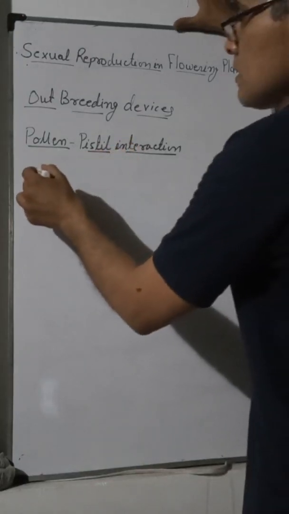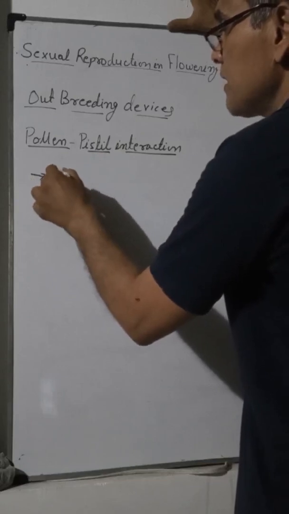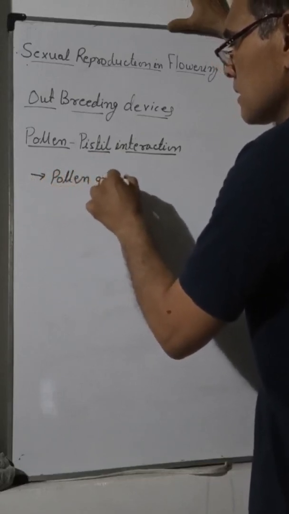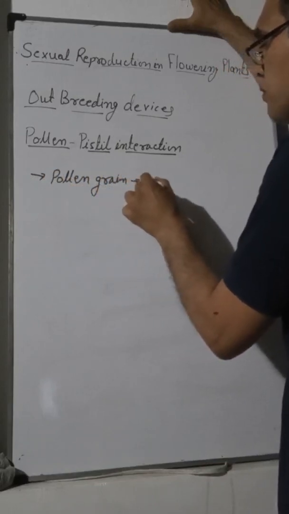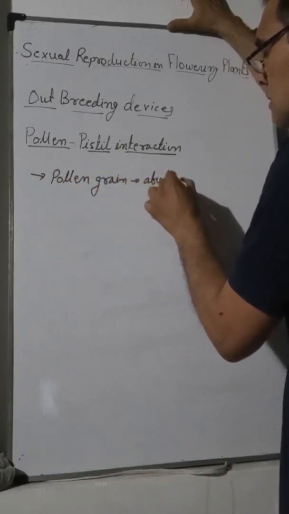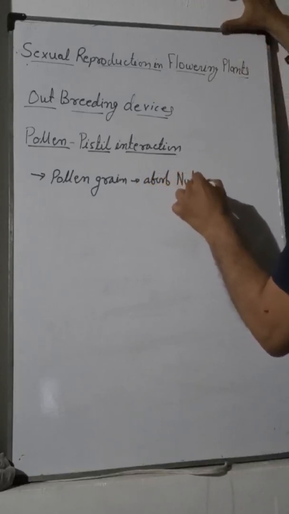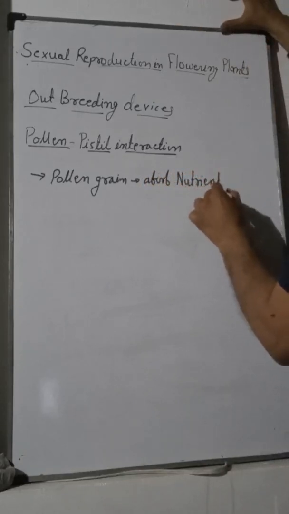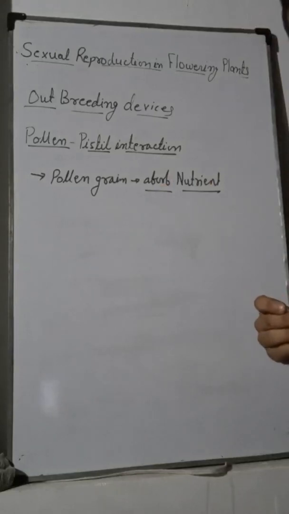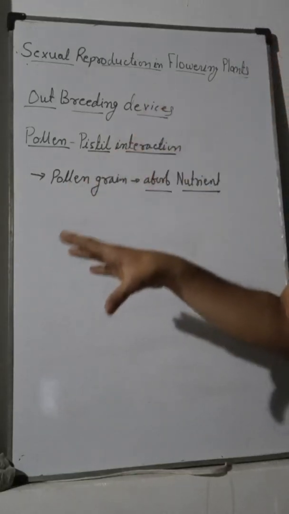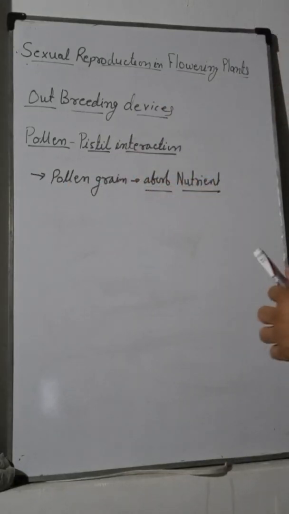After reaching the stigma, the pollen grain absorbs nutrients and swells up. If the right pollen grain is transferred on the stigma, it will absorb nutrients and swell up, and